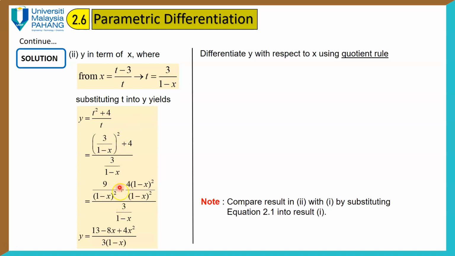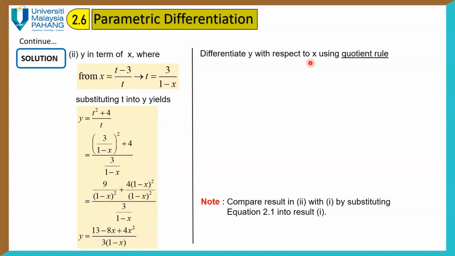And then you expand this and simplify this equation for numerator and also denominator part. Okay. And then after that you simplify. This is just simple mathematics here. Then it gives you y equal to 13 minus 8x plus 4x squared over 3 multiplied with 1 minus x. Okay, now you can differentiate y with respect to x